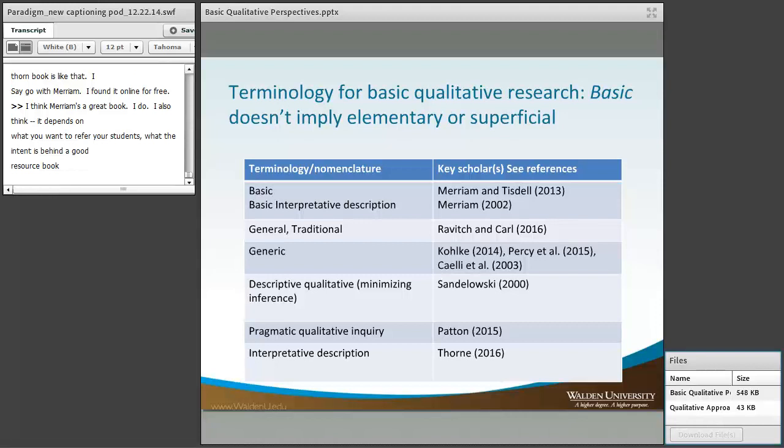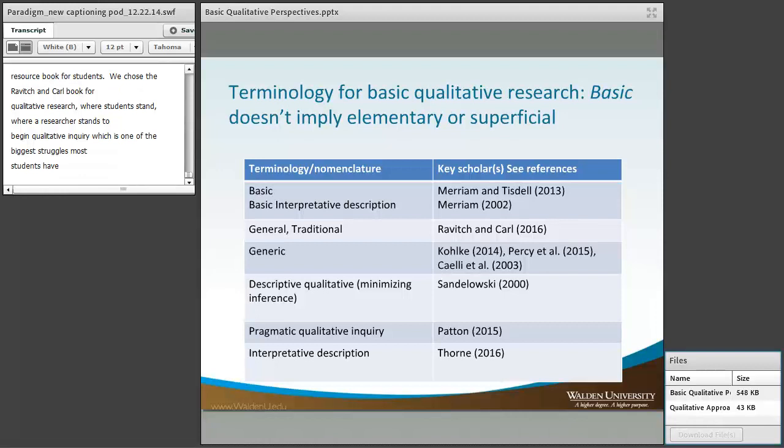We chose the Ravitch and Carl book for our beginning qualitative course because in addition to including a pretty good dive into the epistemology and ontology of qualitative research, in other words, where a researcher has to stand in order to begin a qualitative inquiry, which is probably one of the biggest struggles that most students have,